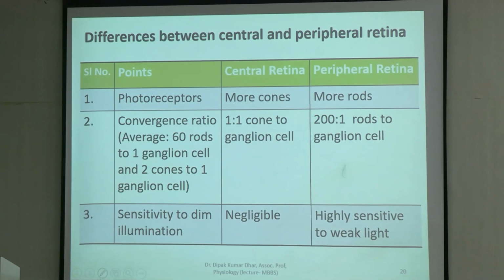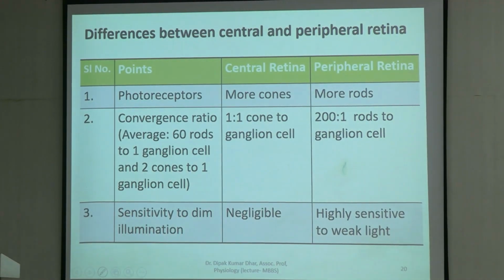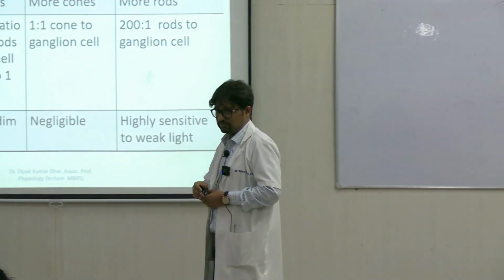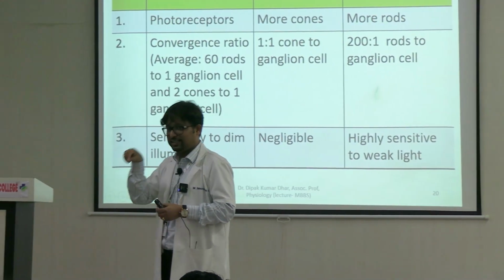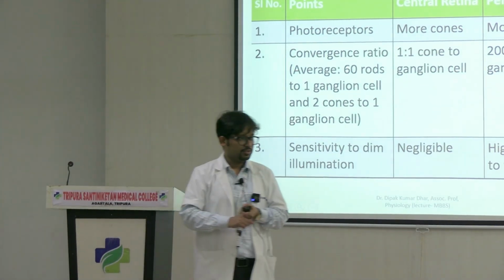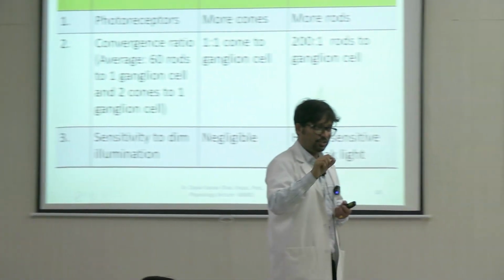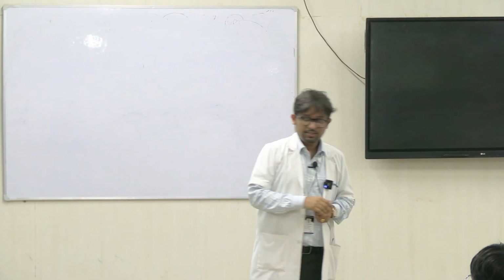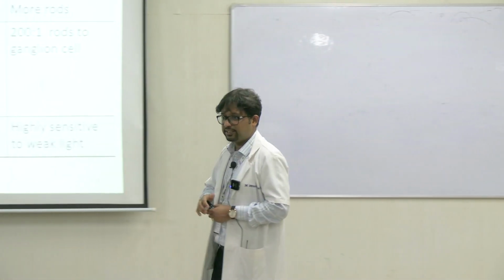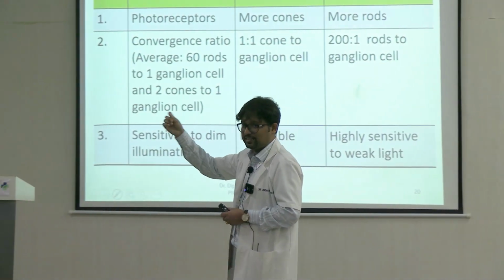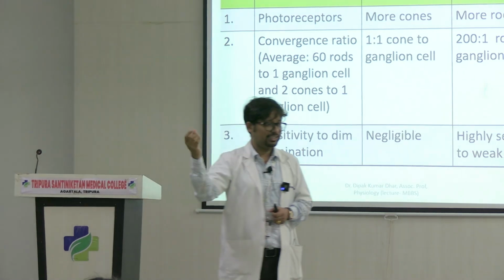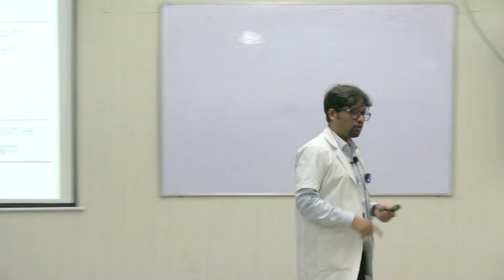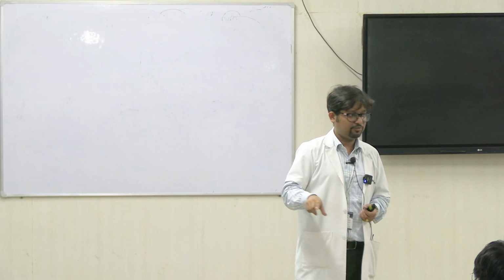So the point I'm making here is, if so many rods are finally feeding into one ganglion cell, 160 rods scattered in the retina ultimately converge on one ganglion cell. What happens? That particular ganglion cell can detect signals from a larger part of the retina, which actually means a larger part of the visual field. So this entails that there is higher sensitivity: anywhere in the visual field, if there is a slight amount of light, even 10-15 photons, that ganglion cell can detect it, because it is getting information from a lot of rods. Each rod is gathering information from its own part of the visual field.